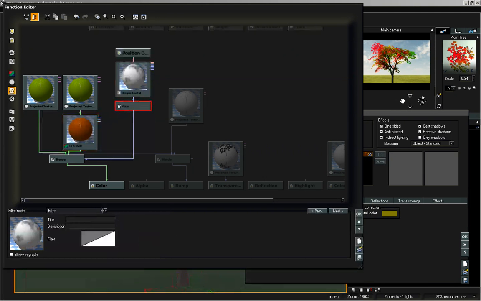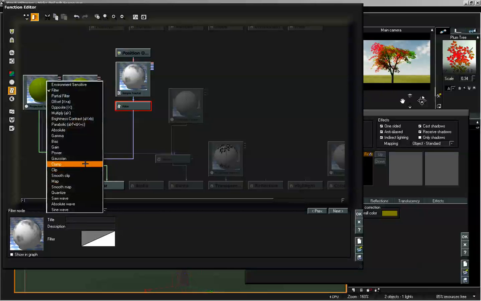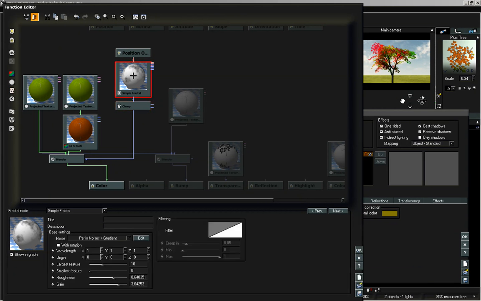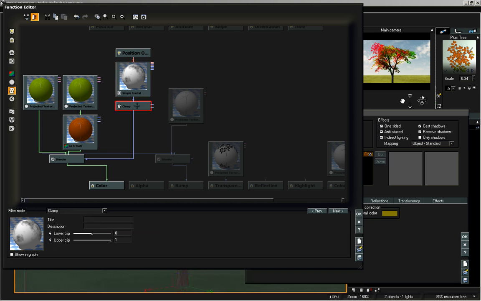And for this filter, we are going to select clamp. Now what the clamp will do is block out those oversampled colors. Because if we're working with basically 8-bit grayscale, we have 255 different levels of grayscale. And what happens is we're going over those levels. Let's say we're going into 500, 600, once we increase our gain too high. So we can use this clamp